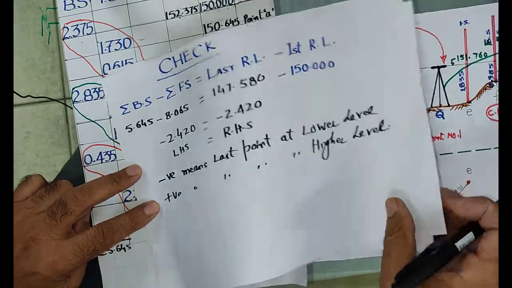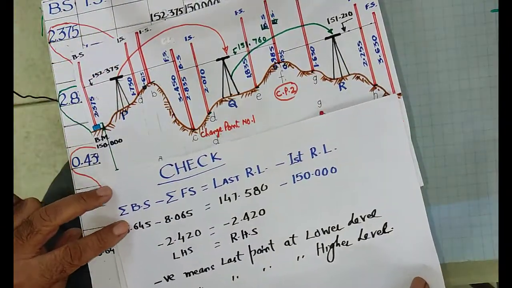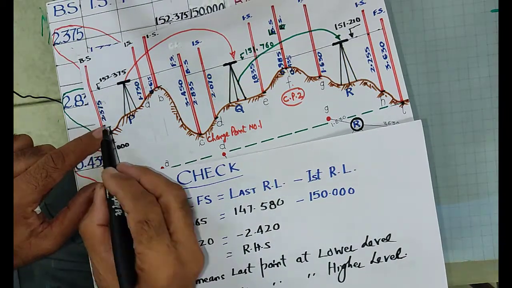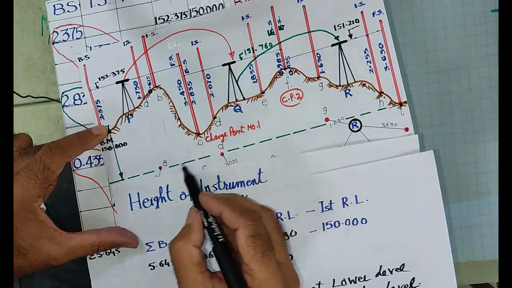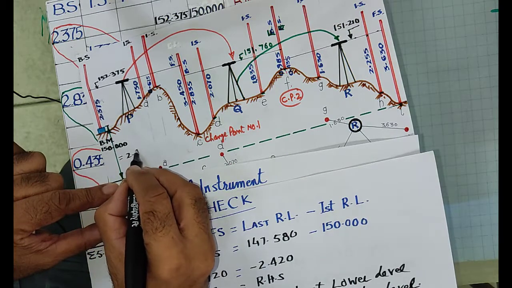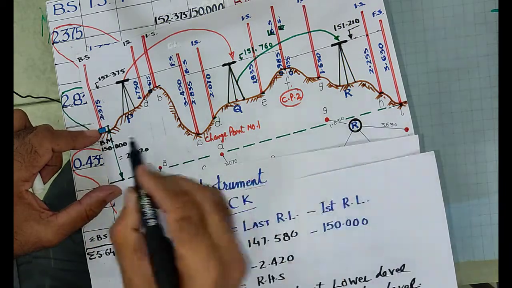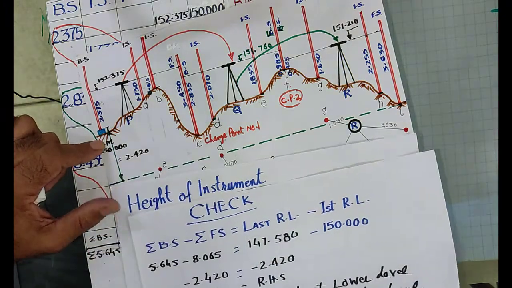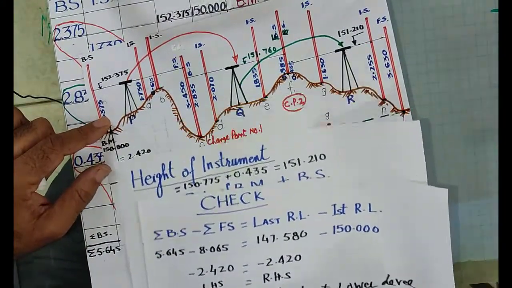Okay, so here you can see, come to the sketch. This will again help you. So I have drawn this sketch first. You have to determine the level difference. This is your first given RL, and the last point is this. You can see it with the green ink. So this difference you have to determine. This difference comes to be 2.420. Now it is negative, so the last point is at a lower level than the first level. This is your result you had calculated over here, minus. If it is plus, it will be at a higher level. This is the indication from this.